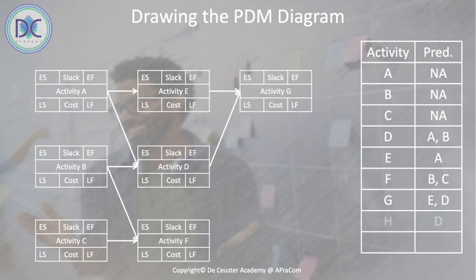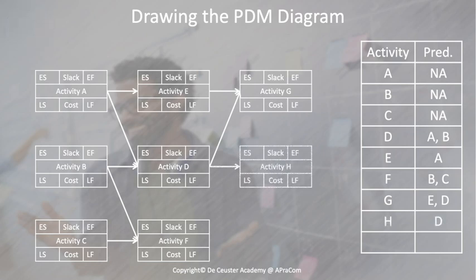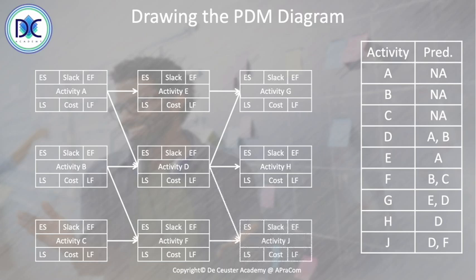Then we have H with D as a predecessor. And finally we have J with D and F as predecessors. The thing that we have here is that when we see this, we have those hanging activities, and many people don't really like this. And what we're going to do is to add a start point or a start milestone,